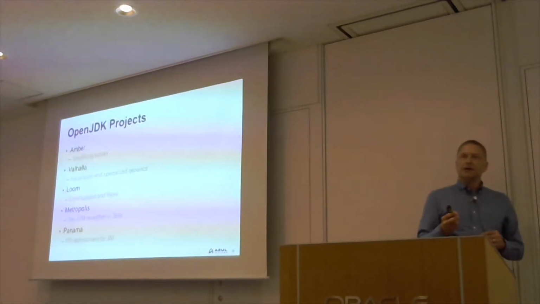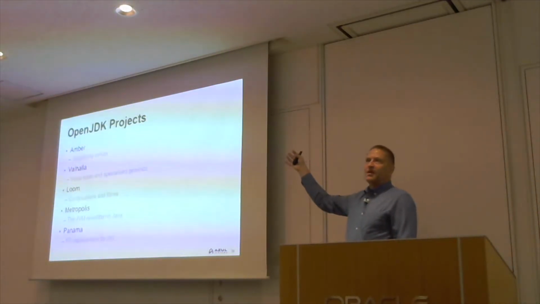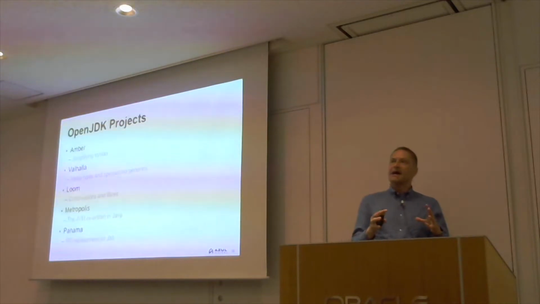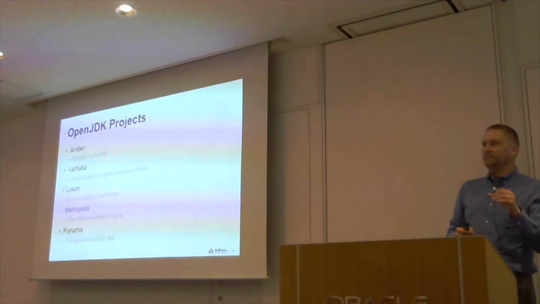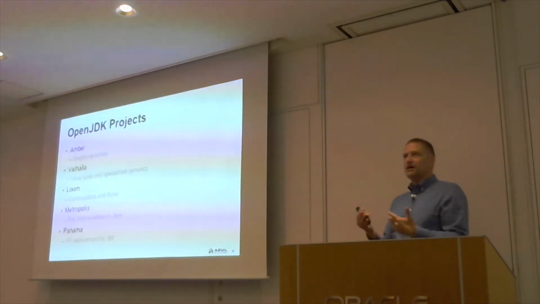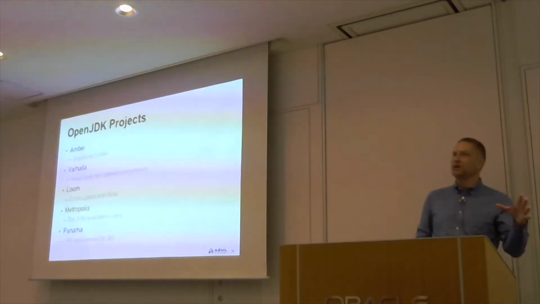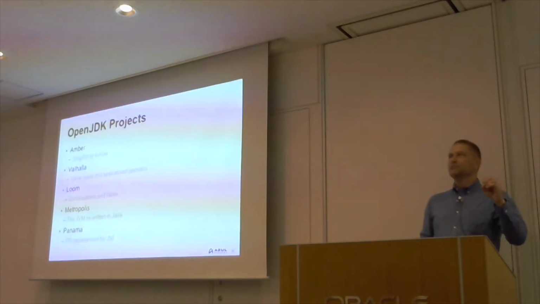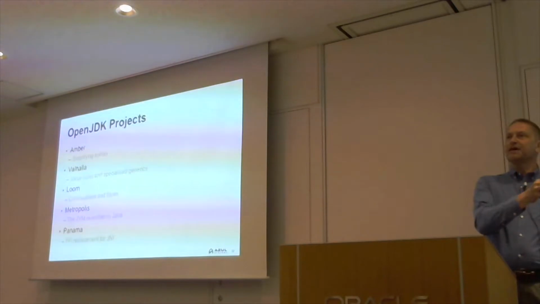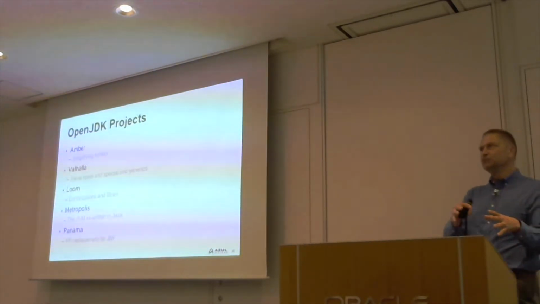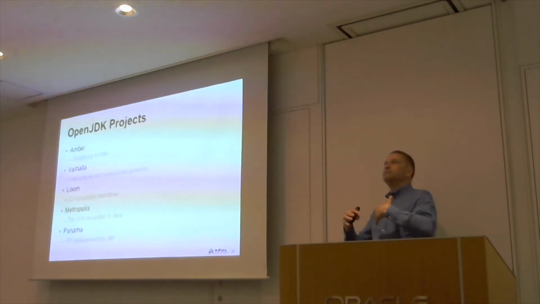Well, there's a set of these, and I'll talk a little bit more in detail about some of these. So there's Project Amber, and that's about simplifying the syntax of the Java language. This is something that people often complain about with Java, which is how much boilerplate code is required to do simple things. And if you look at languages, Kotlin is a good example because they've simplified a lot of the things which people don't like in Java. So Amber's about trying to look at how they can change some of the syntax of Java, not radically, but do it in such a way that it reduces the amount of code you have to write by default.